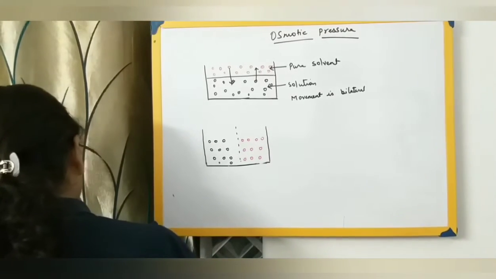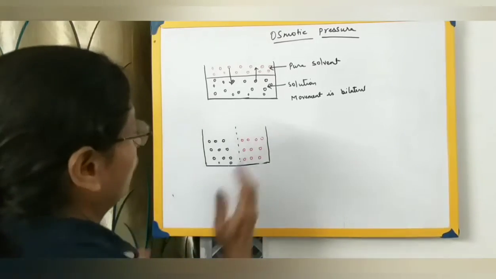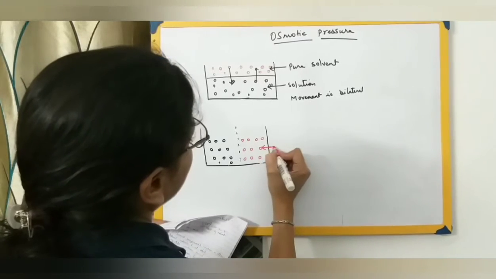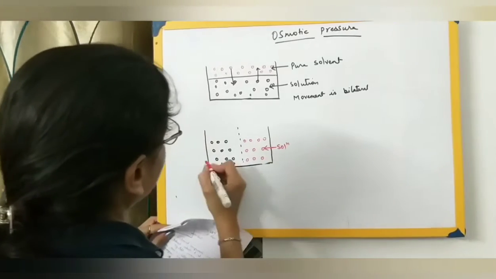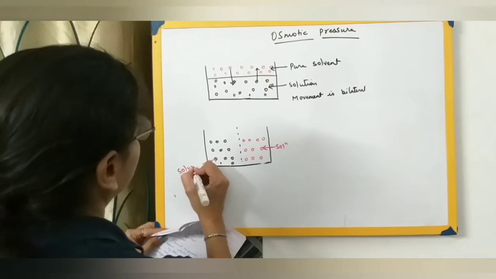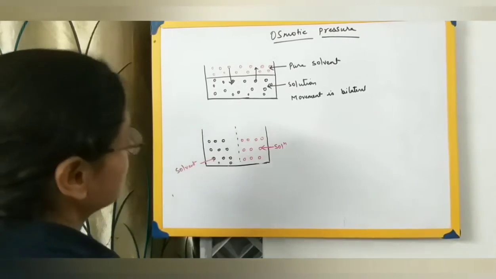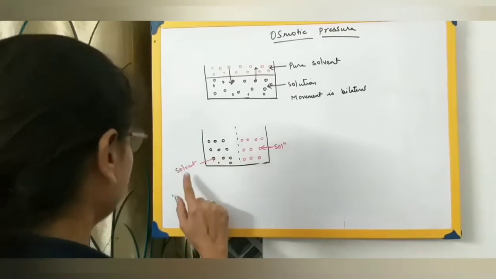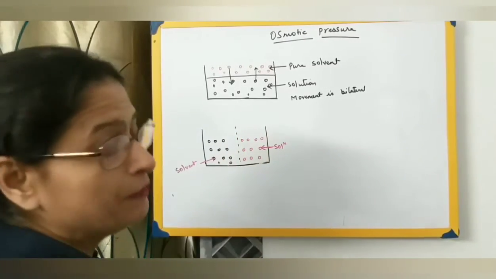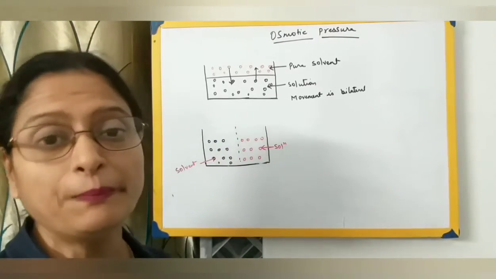We take another container, and on one side here we have a solution, and here these are the solvent particles or a pure solvent, which may be distilled water or any other solvent. Now in this container we have taken a semi-permeable membrane. That means these two liquids have been separated by a semi-permeable membrane.